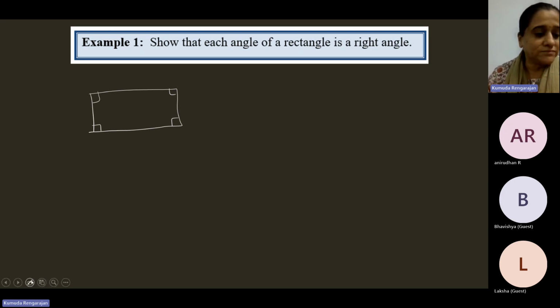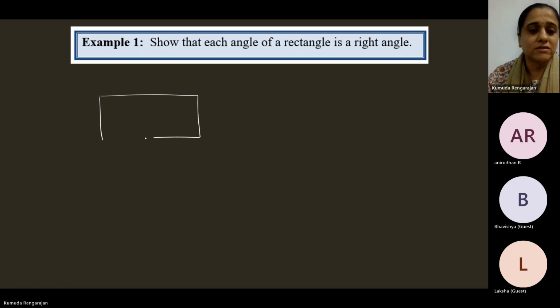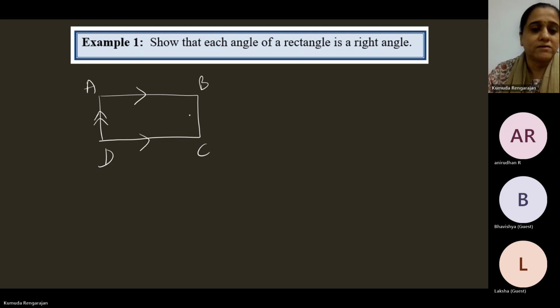So take up a quadrilateral, which is a rectangle. Okay, so you're given a quadrilateral ABCD, which is a rectangle. What is the definition of a rectangle? It's a parallelogram. A rectangle is a parallelogram. That's a definition. A rectangle is a parallelogram in which one angle is a right angle. So it's a parallelogram, so opposite sides are parallel. By the definition,